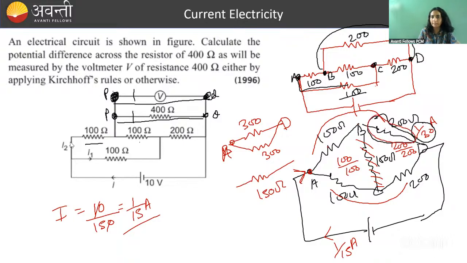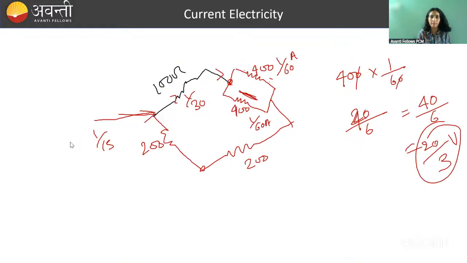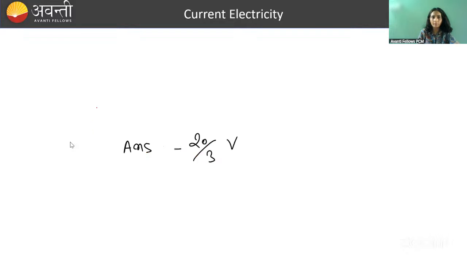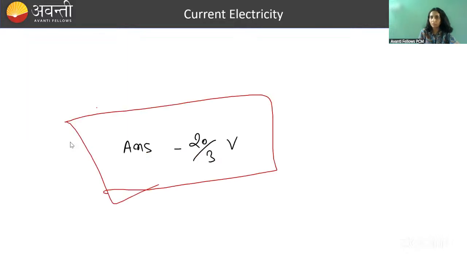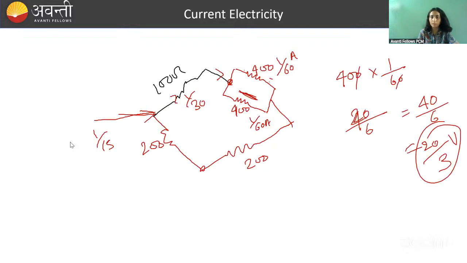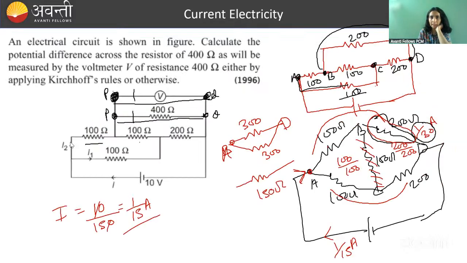40/6, so that is your 20/3 वोल्ट, ठीक है। इतना करने की जरूरत नहीं थी, डायरेक्टली तुम 200 के क्रॉस वोल्टेज ड्रॉप निकाल देते, 200 इंटू 1/30, सो दैट इज इक्वल टू 20/3 वोल्ट, सेम है, सेम ही आएगा, ठीक है। बट मैंने तुम लोगों को ब्रेक करके दिखाया सो दैट नो कंफ्यूजन हैपेंस। सो आंसर विल बी योर 20/3 वोल्ट, दैट इज व्हाट वी गॉट, डन है। सो जब भी तुम्हें सर्किट कंफ्यूजिंग लगे, तो